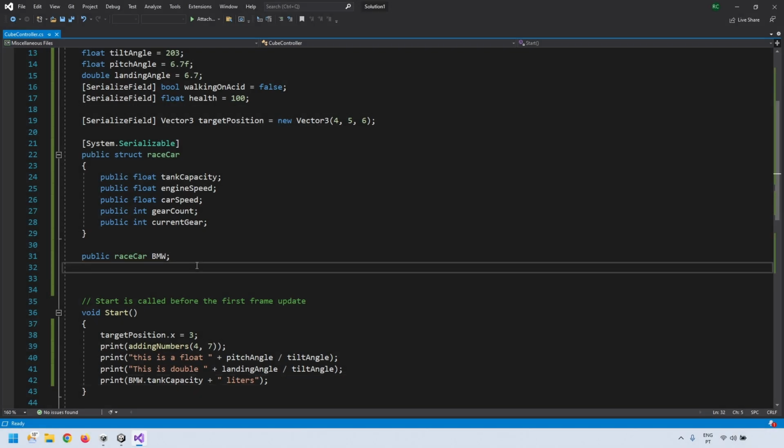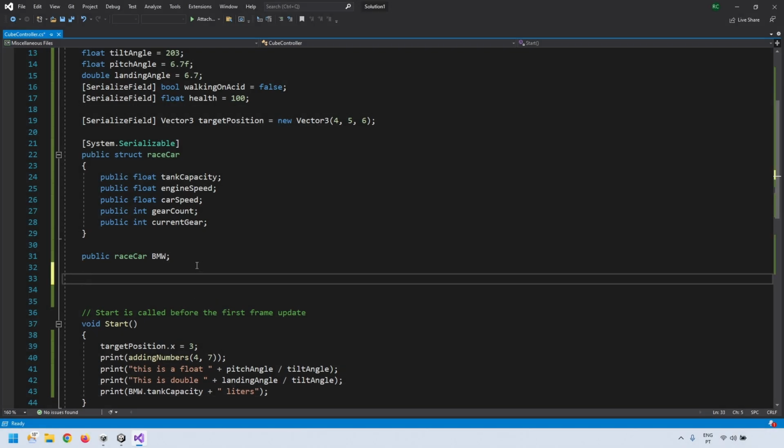Here, almost every component can be the type. Imagine you need to read the position of another object. The best way is to access the other object's transform and get the numbers from there. To do that, you declare a reference to the component you need to read from. This case is the transform, so you can just